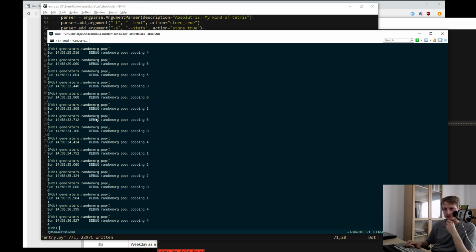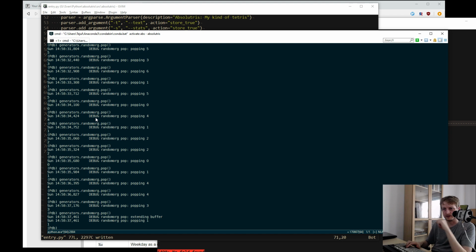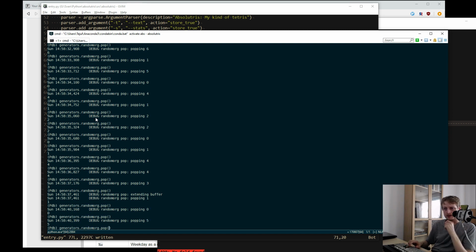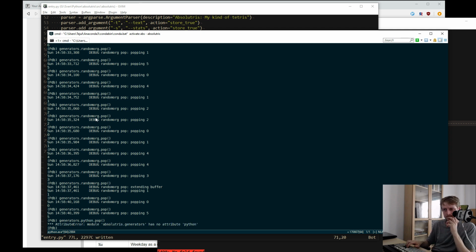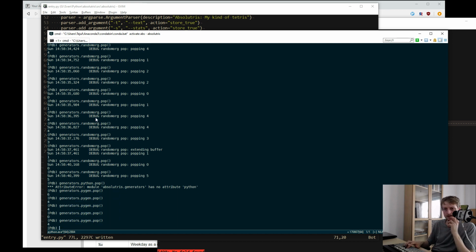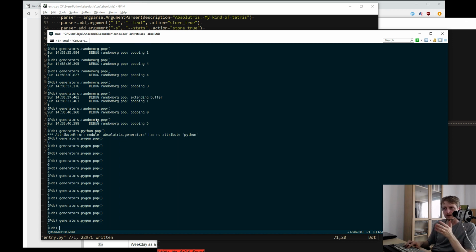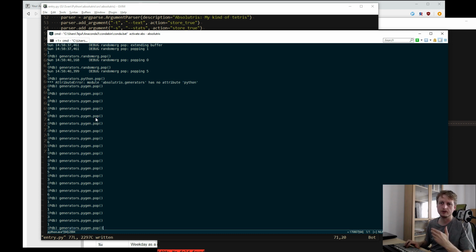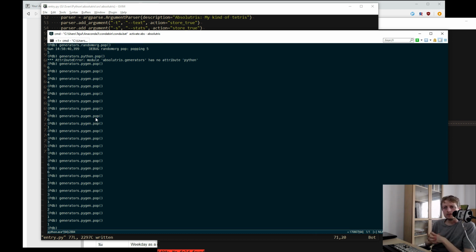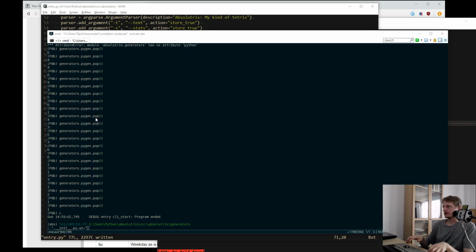When it runs out of one extending buffer, there we go. Whereas when I'm popping numbers from the Python generator engine, it will never request more from. So yeah, it's okay.